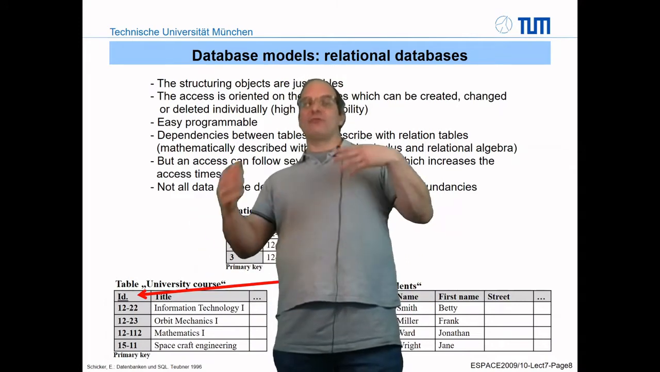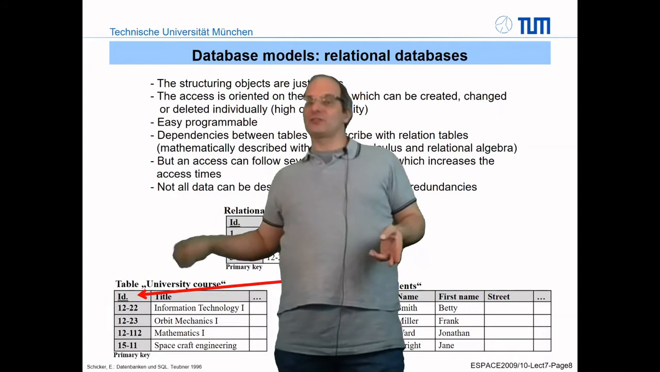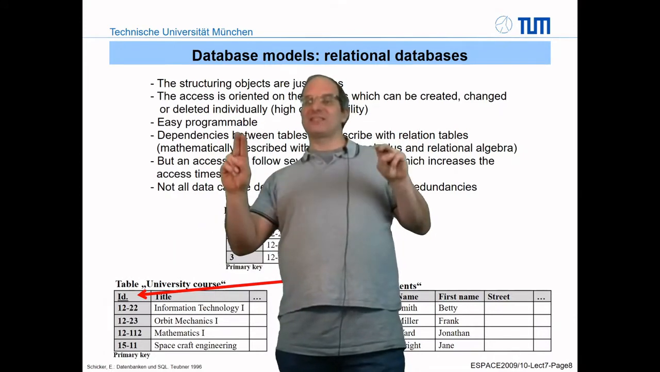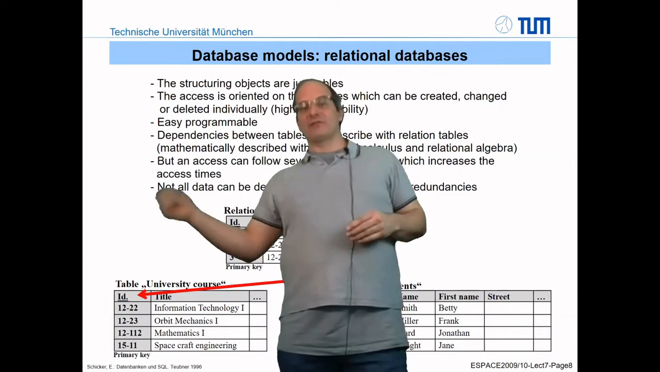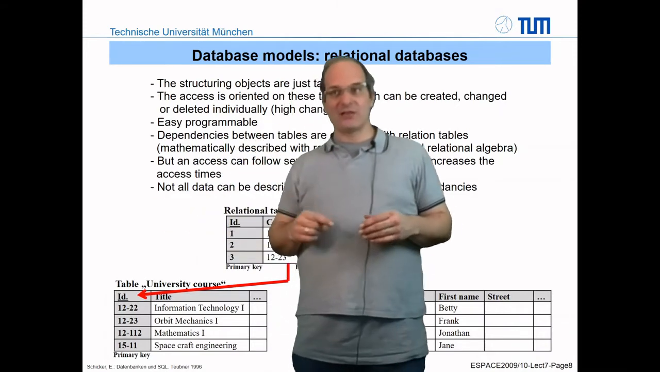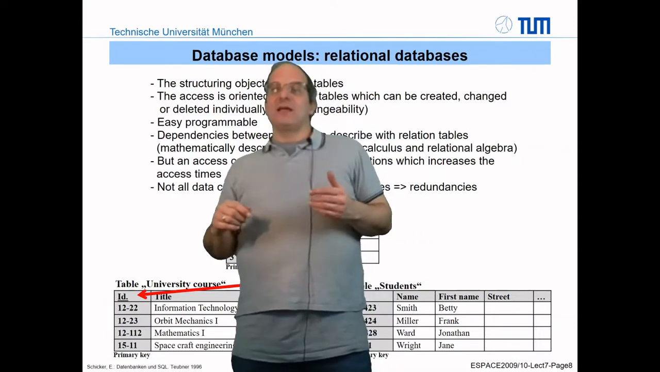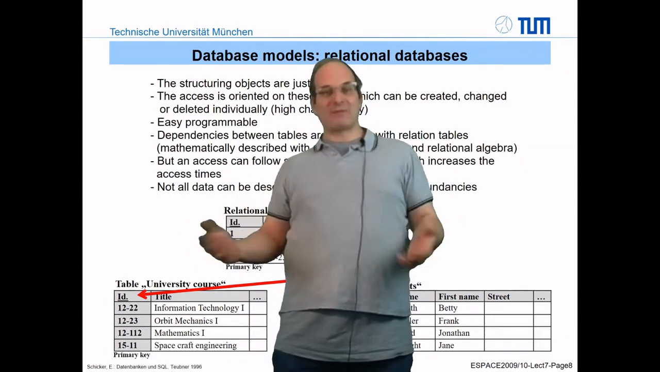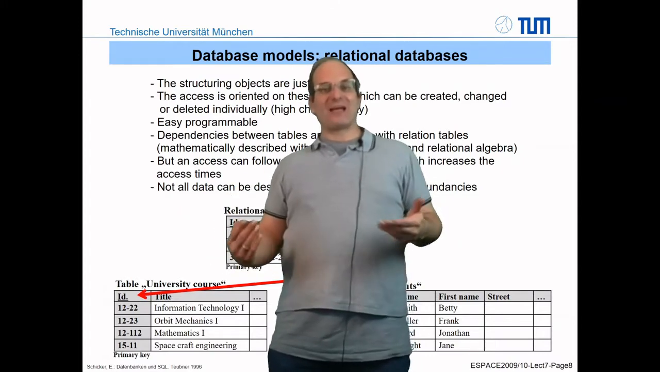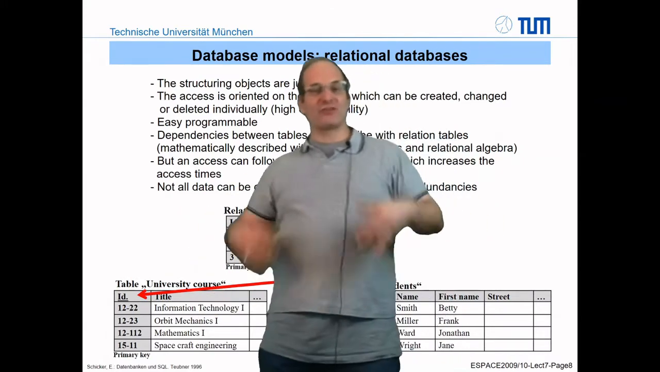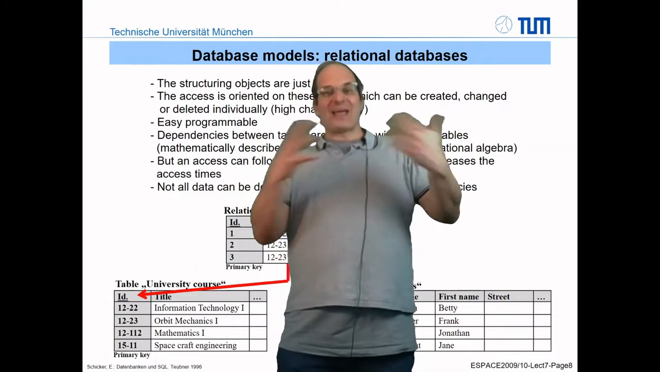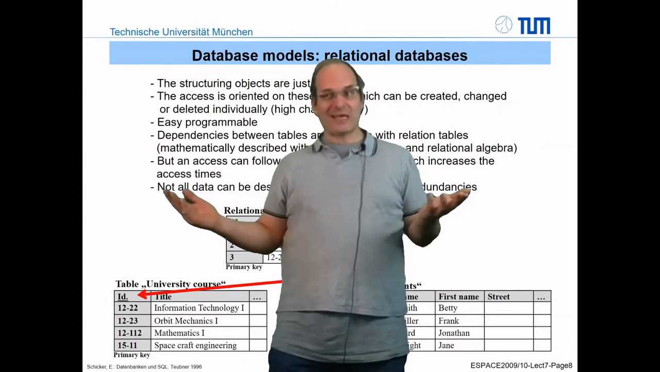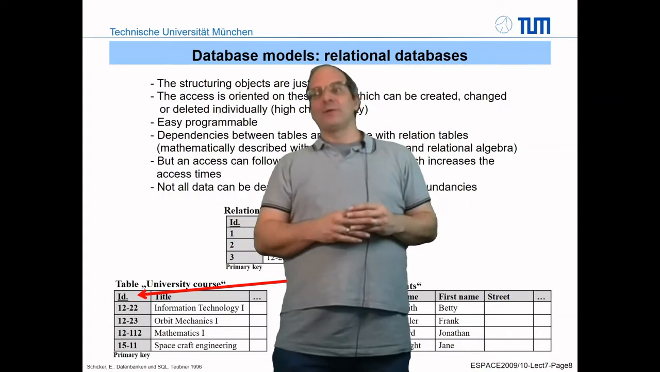So therefore it's very easy to program, because it also is supported with a special language. So the programming language is more a data manipulation language, as you have seen before in the UML diagram. The dependencies between tables are described again with relations, which are again nothing more than tables. So the structure of connections between different data is again just a table. So it's really nice. So you just think in tables, and